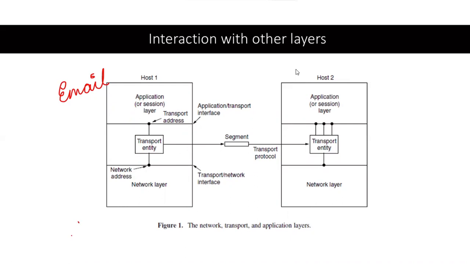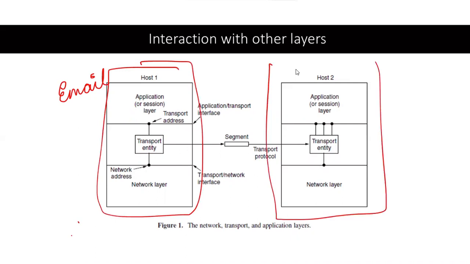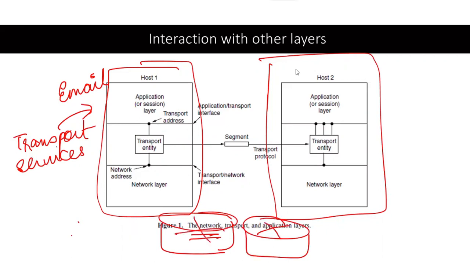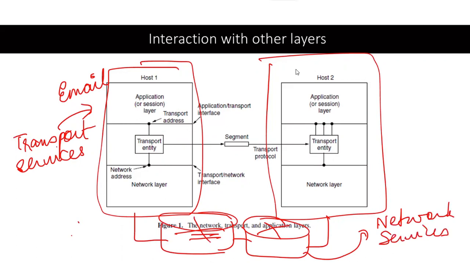One point to be noted here is that the transport layer services run on the individual host machines. They run here. The transport services execute in the host machine, whereas the network layer services run on the network devices. They don't run only on the host devices. In between host 1 and host 2, you may have multiple routers connecting them, so the network layer services will run on these routers.